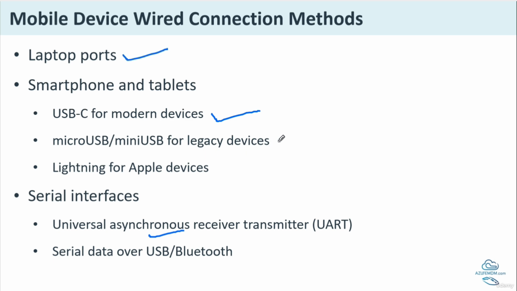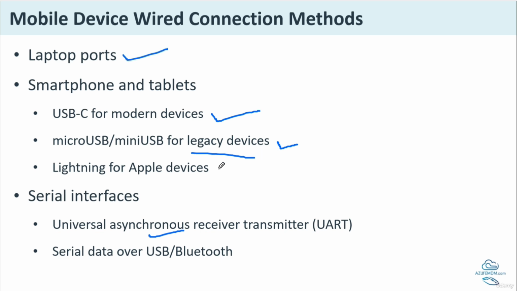There are some phones which have a micro USB and mini USB also. These were coming earlier, like these are the legacy devices, as we have discussed. Legacy devices are those devices which are outdated. So micro USB and mini USB were the devices which came in earlier days, which are now outdated, which were used to communicate via a cord or a cable to any laptop or any other device to import or